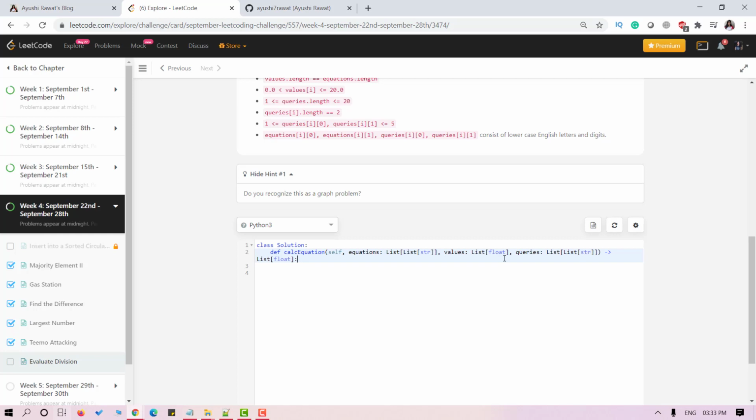Here I'm going to make use of a helper function. First, we'll transform the input into an adjacency list representing a graph. Now, I'll run a loop over equations using enumeration.